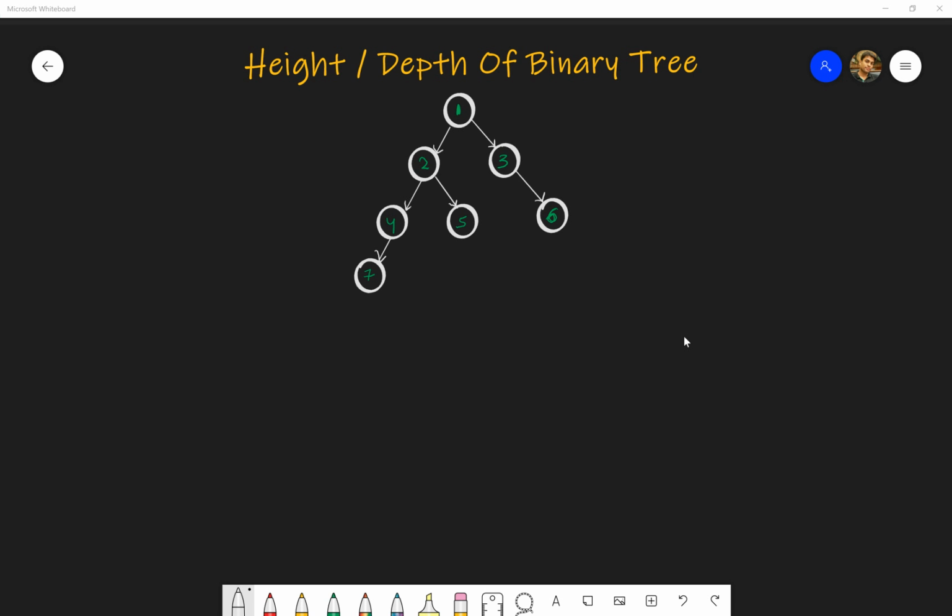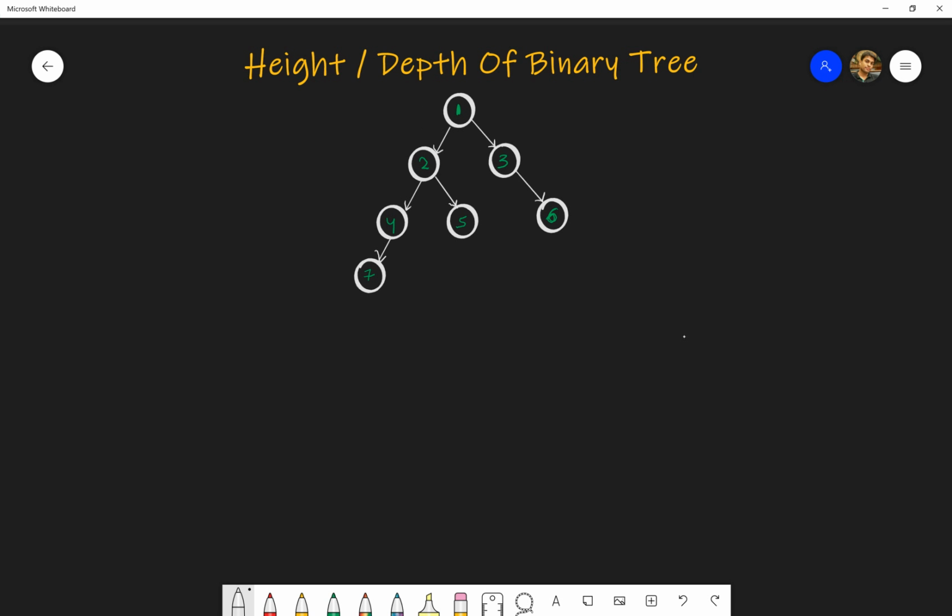If you look at the current tree, every node has a left subtree associated with it and a right subtree associated with it. This is true for all trees. So what is the height?